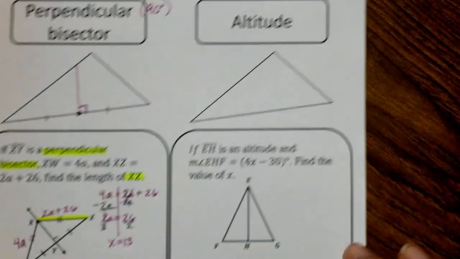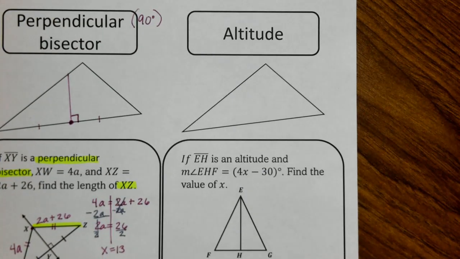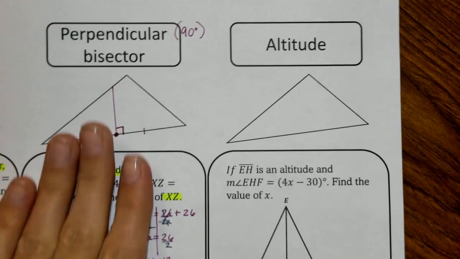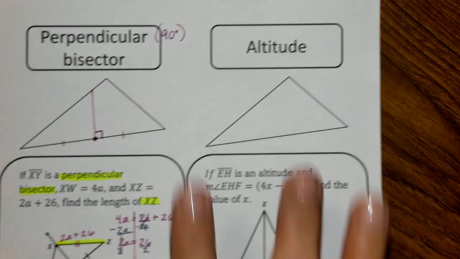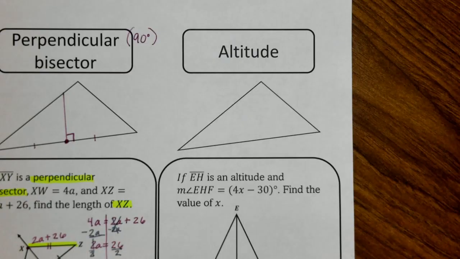All right, altitude. There's one thing to focus on. There are no theorems. There's no, do I do part equals part? Do I do part plus part equals whole? What am I substituting in for? Altitude is all about right angle, 90 degrees, okay? Your altitude, just like the angle bisector, has to come out of a vertex. Perpendicular bisector is the only one that doesn't necessarily have to. With your altitude, it has to come out of the vertex, and it needs to go to the opposite side perpendicularly,